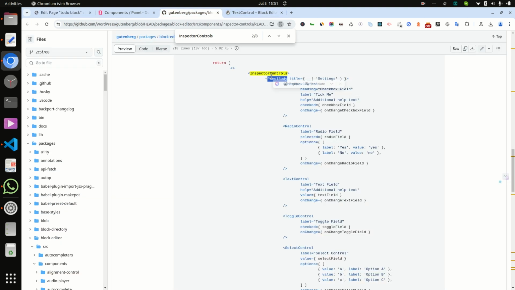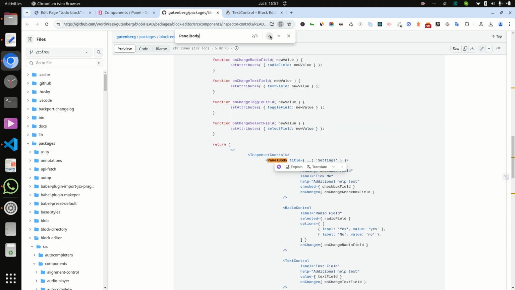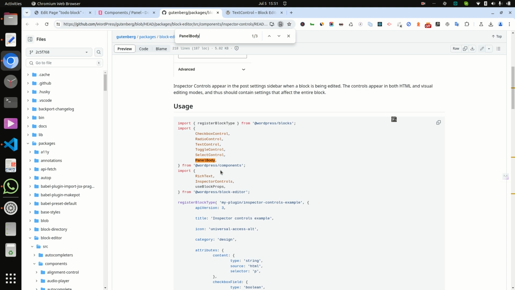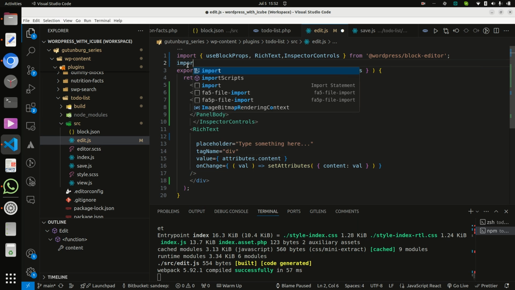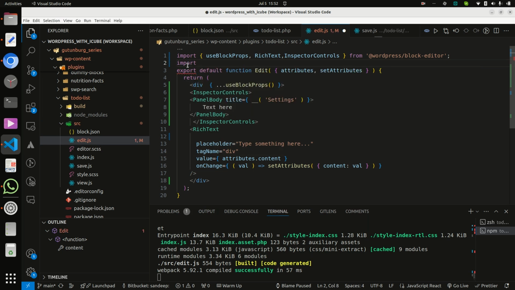Where is PanelBody coming from? It is coming from components. Import PanelBody from components.